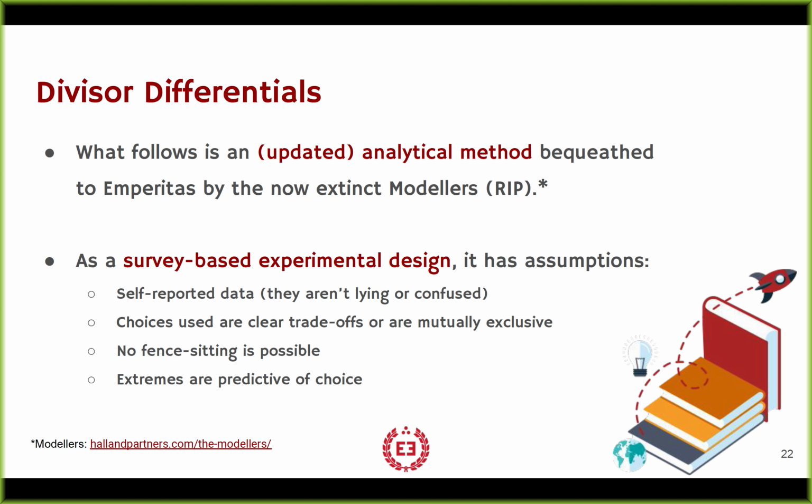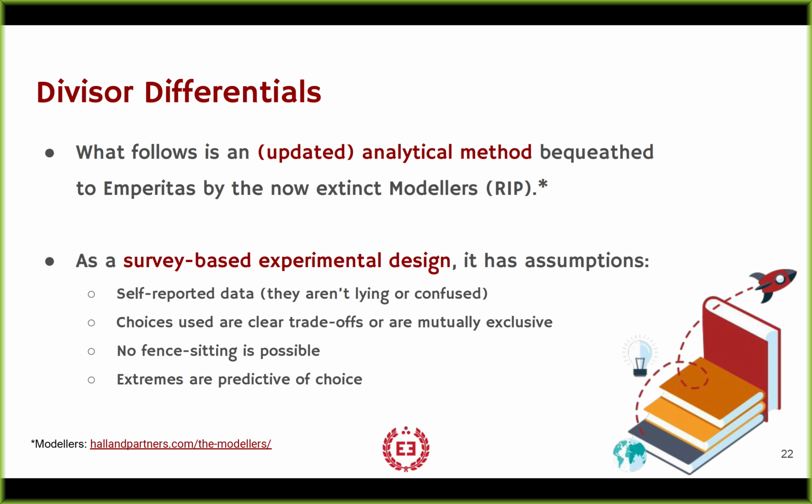We do not allow fence sitting in this experiment. You can't be a middle person. So in NPS terminology, you can't be neutral. You're either a promoter or a detractor, and that's the only way that you're with us or against us. There's no fence sitting. There are 2 choices, and you have to decide which one you are more like or associate more with.